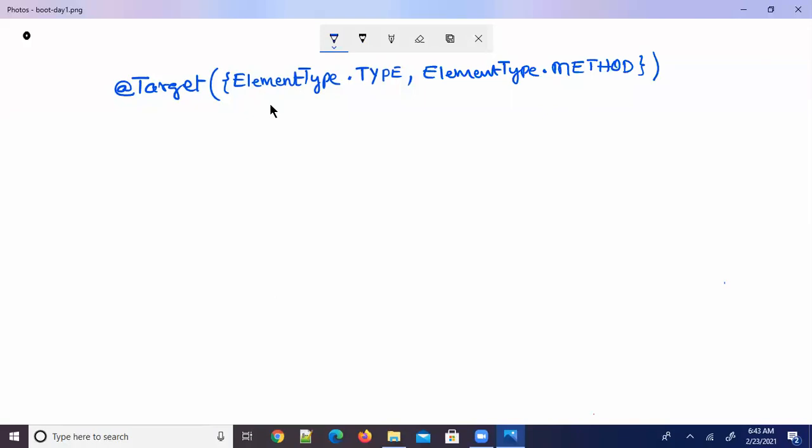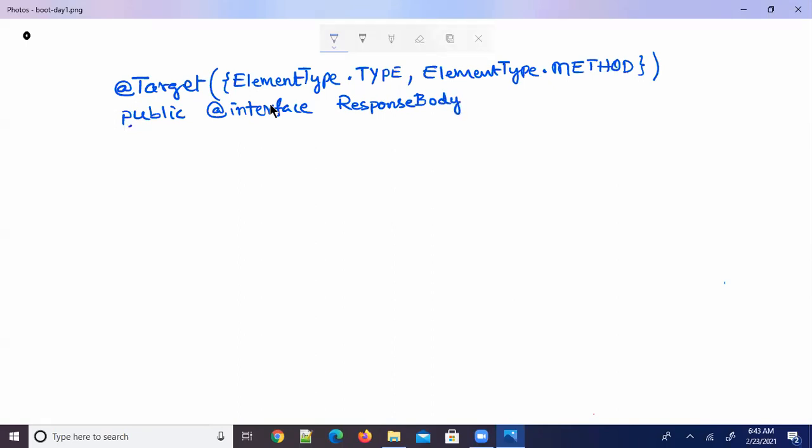So public @interface. This is a keyword. Suppose my annotation name is ResponseBody.